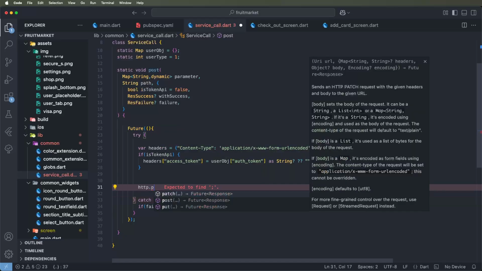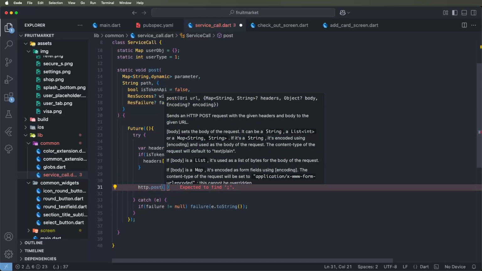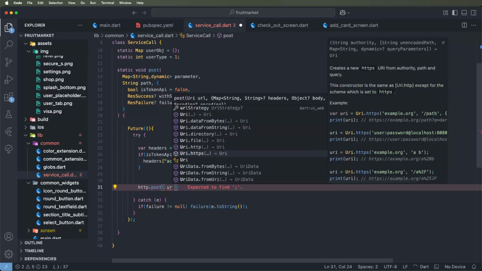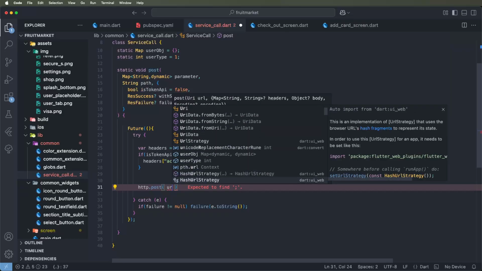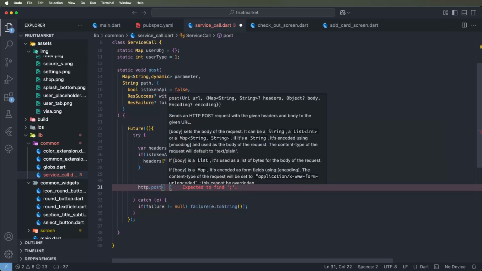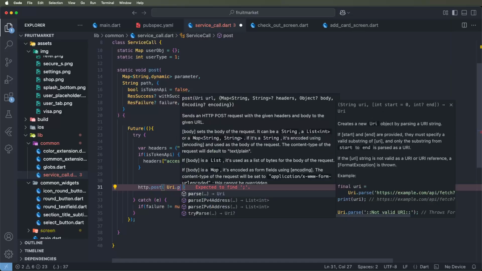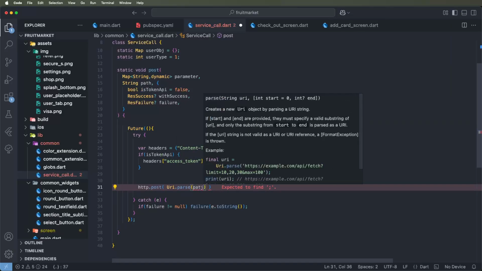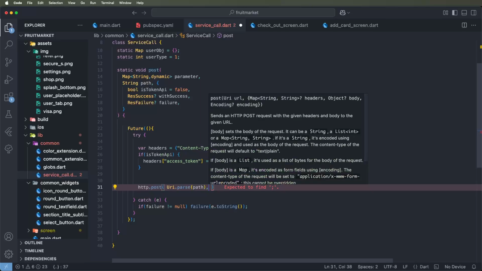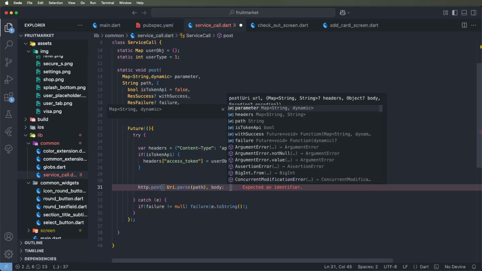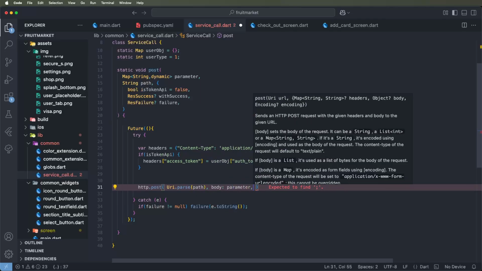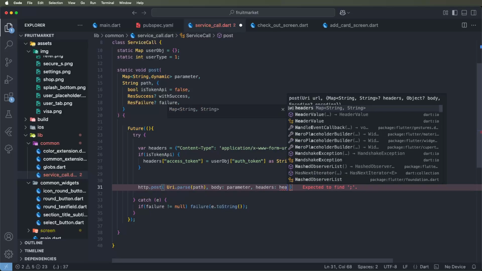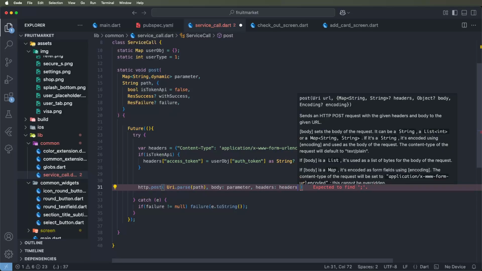dot. We need to call the post method, and we need to pass the URI dot parse function. We need to use URI, and we need to set the path here to give the full path. Then after, inside the body, we need to give the parameters. Then after, we need to pass the headers, as I need to give the headers parameters like this,